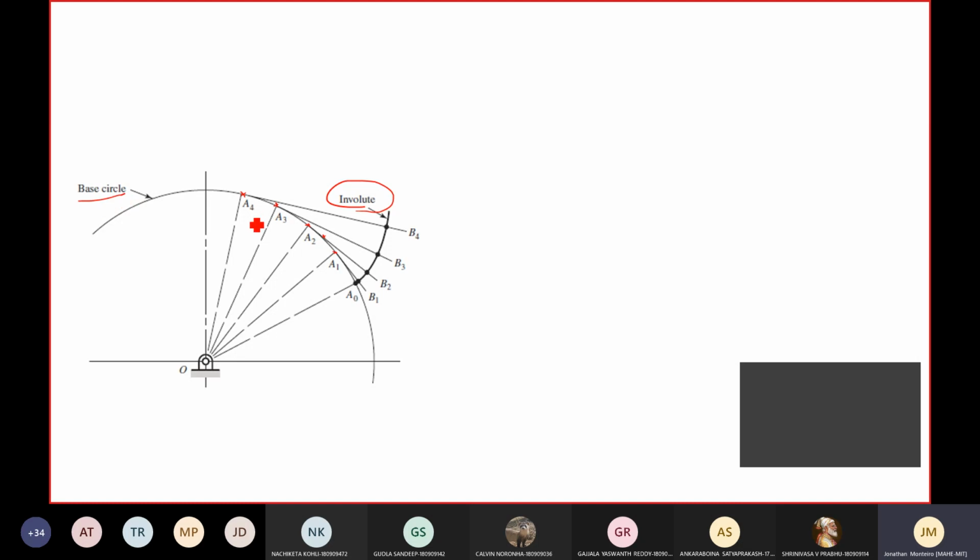So what is the importance of the base circle? We always do the calculations based on the pitch circle. That is fine. But when it comes to the shape or geometry, it is the base circle that is taken into perspective. All our calculations use the average diameter, which we call the pitch circle diameter. We always say the PCD, right? The pitch circle diameter of a gear. But that is for calculations. When it comes to the involute profile, when it comes to such trigonometric relations where you have to draw the profile, it is the base circle that is always highlighted. So it is from there that you draw.